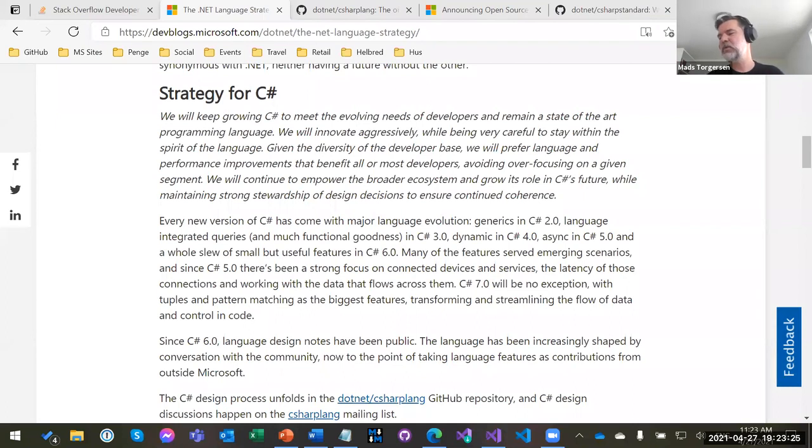So we're looking at taking more of a stance there and giving more guidance. This is the C# you would start out learning, or this is the modern C# that we will favor in tooling support, for instance, where refactorings will take you in that direction, templates will take you in that direction,